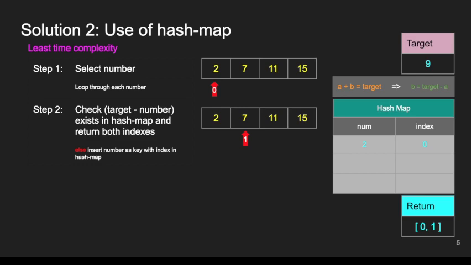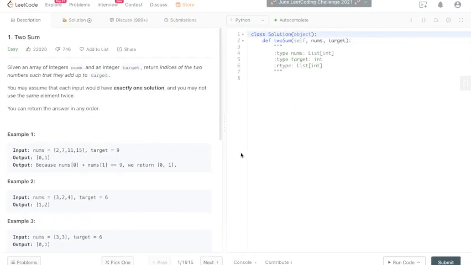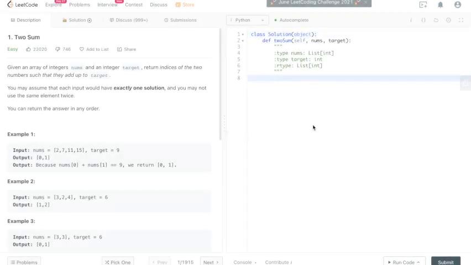Now let's go and solve the problem in the LeetCode itself. Let me refresh the page. So it's refreshing now, and let's start writing the first solution. So here we'll be going for solution 1, and then I'll write the solution 2 in here, which is least time complex. So one thing that can be utilized by both the solutions is the length of